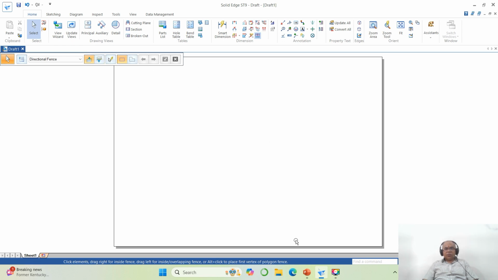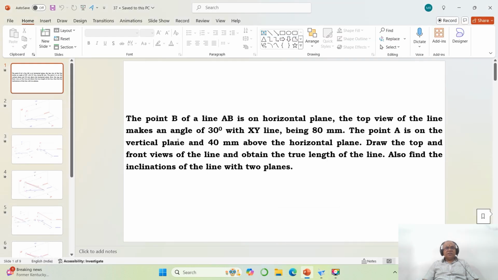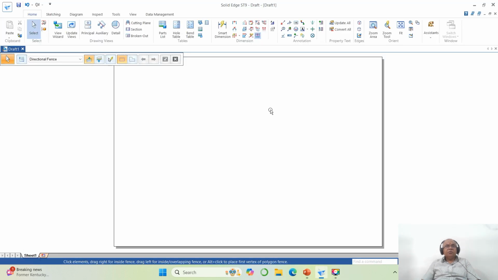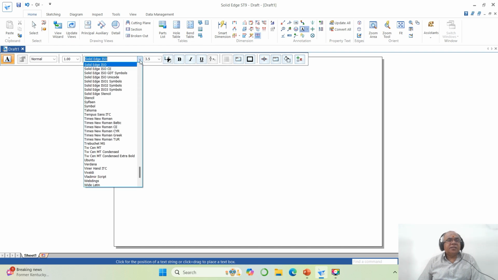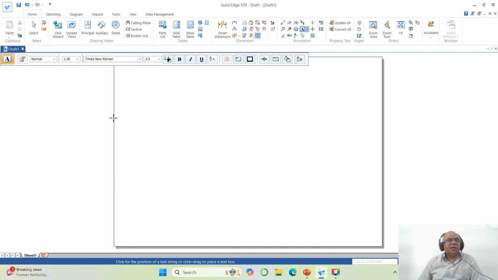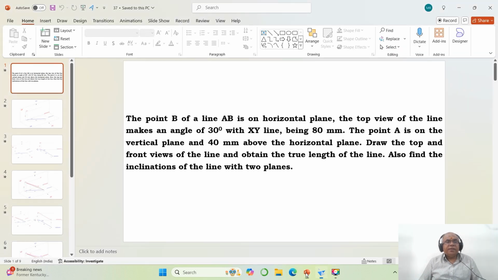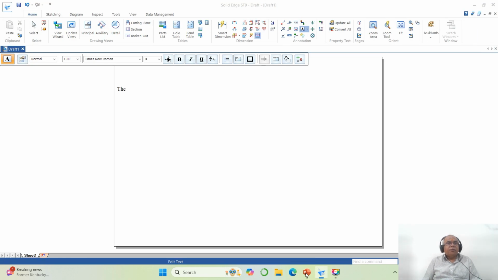Once you do that, I need to start typing the text. So first, the point B of a line AB is on the horizontal plane. So go to Text. Here take the font as Times New Roman. To write the problem, I will take size 4, and for all other things I will take size 3. So then, the point B of a line